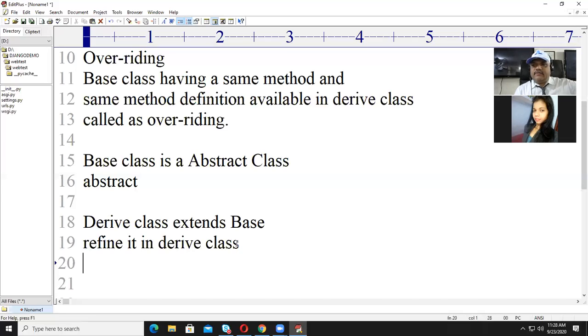So the difference between overloading and overriding is, overloading means multiple definitions of one method within one scope. While doing method overloading, you have to change the number of arguments. You cannot keep the same number of arguments. But the Java compiler is intelligent enough. If you call a method with multiple available definitions, it will check the number of arguments and be able to distinguish which one to call. That is called method overloading.